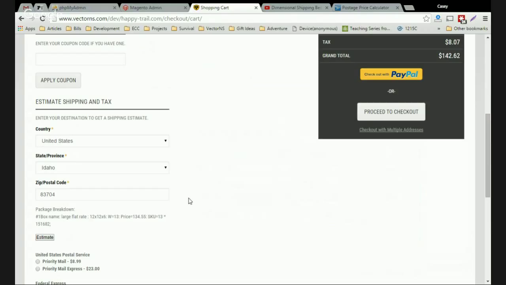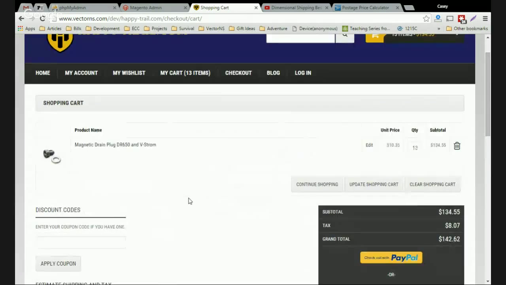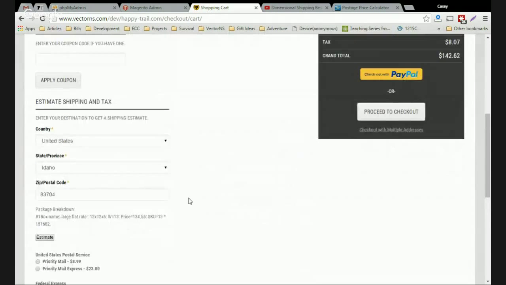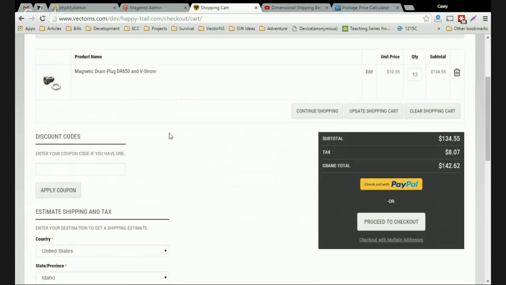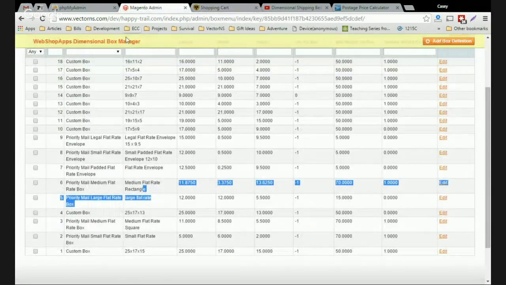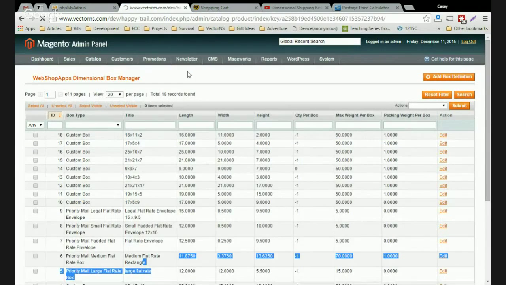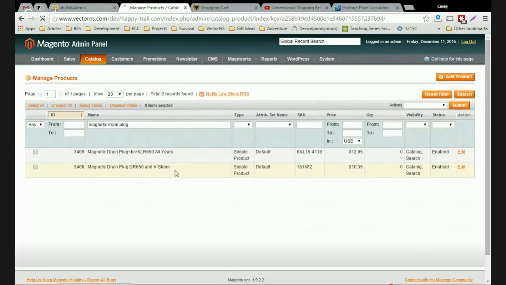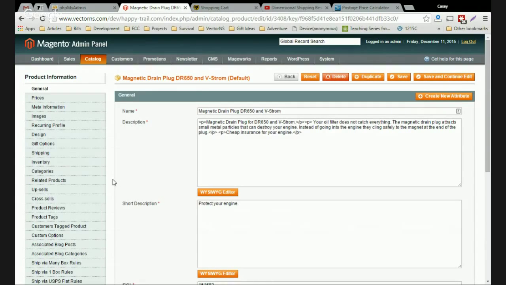So now it's just a matter of figuring out, I guess, how you would want to box these with USPS. So if I go back to the product, and again,